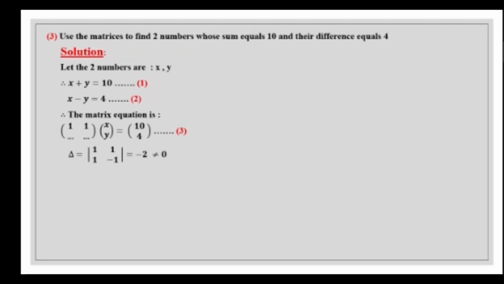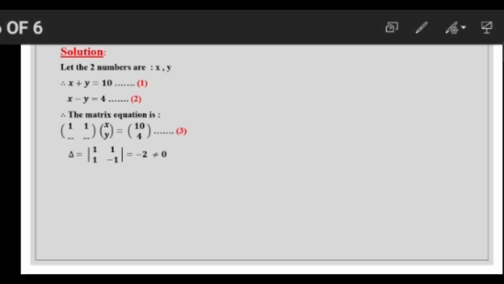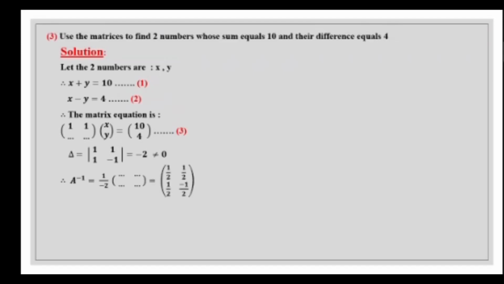Now we calculate the determinant of the matrix of the coefficients A, which is denoted by delta. Delta equals the determinant of 1, 1 and 1, negative 1, which will be negative 2, and it's different than 0. So the multiplicative inverse of the matrix A equals 1 over negative 2 multiplied by